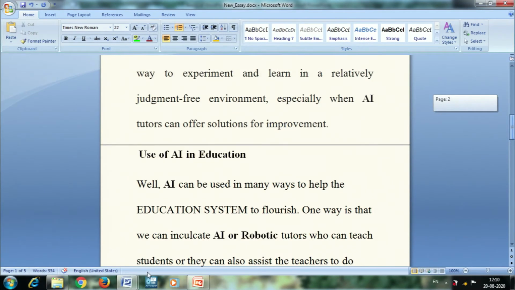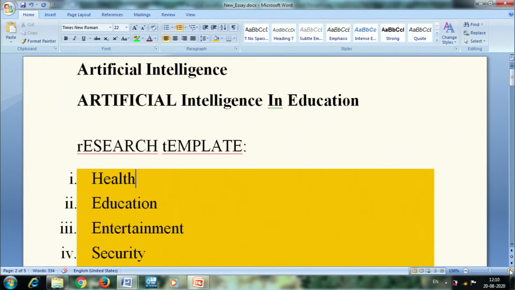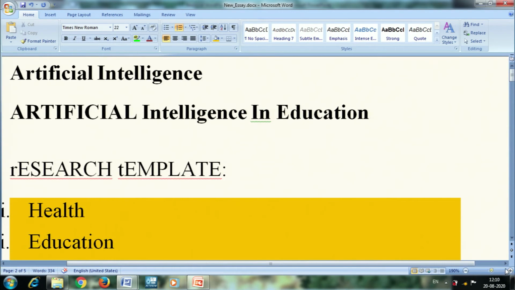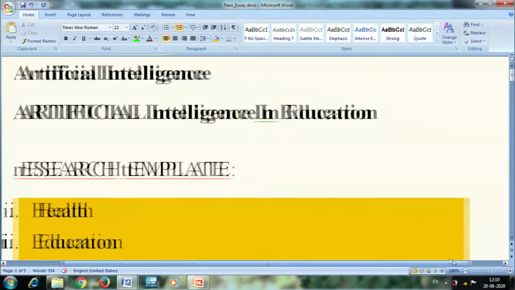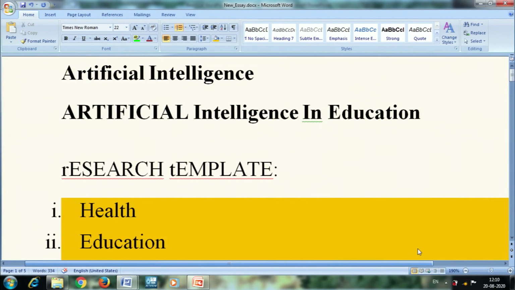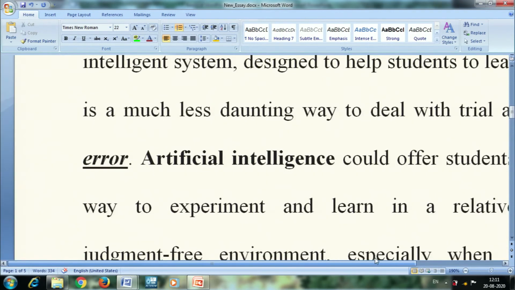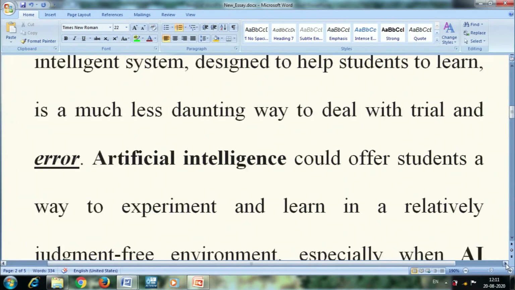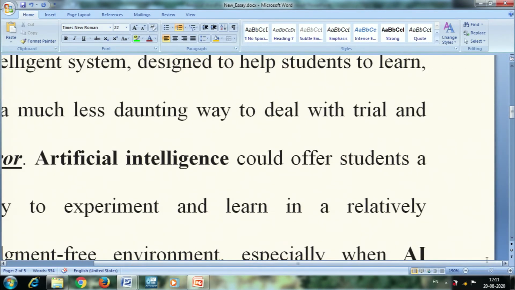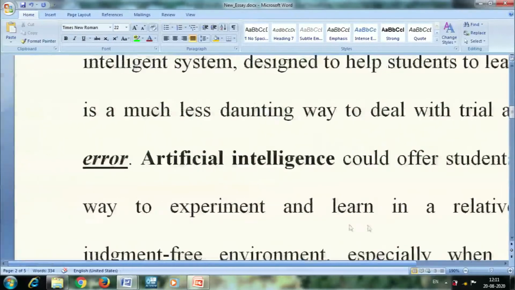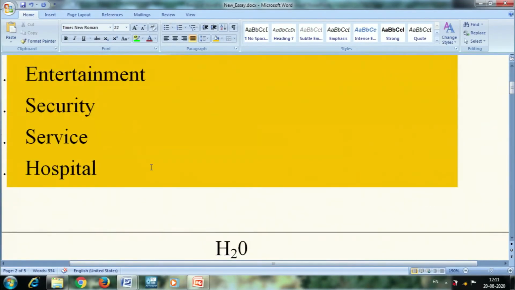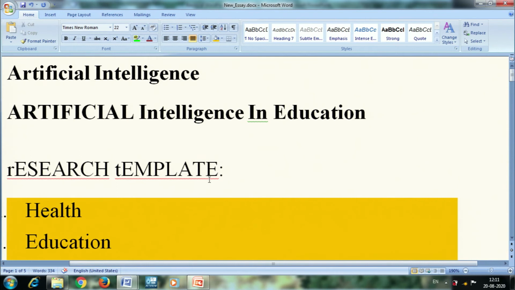I can also use my horizontal scroll bar. Here you can see that the contents are visible as per the margin. So I can zoom out, then I will be able to show you the horizontal scroll bar. So now I have zoomed out my content. So here I can use the horizontal scroll bar. If I want to see the content on the right side, I can move my horizontal scroll bar, or I can click on this arrow and see my content from left to right. So this is about the general formatting.